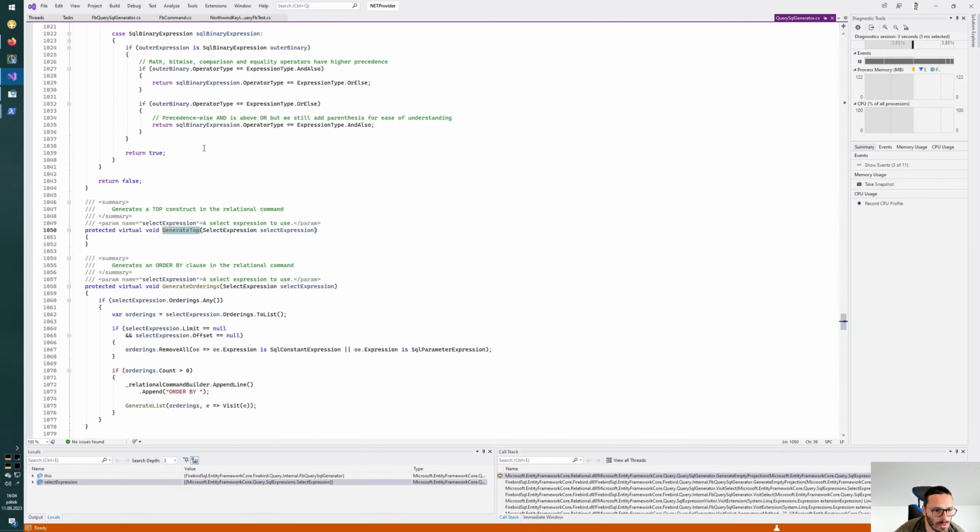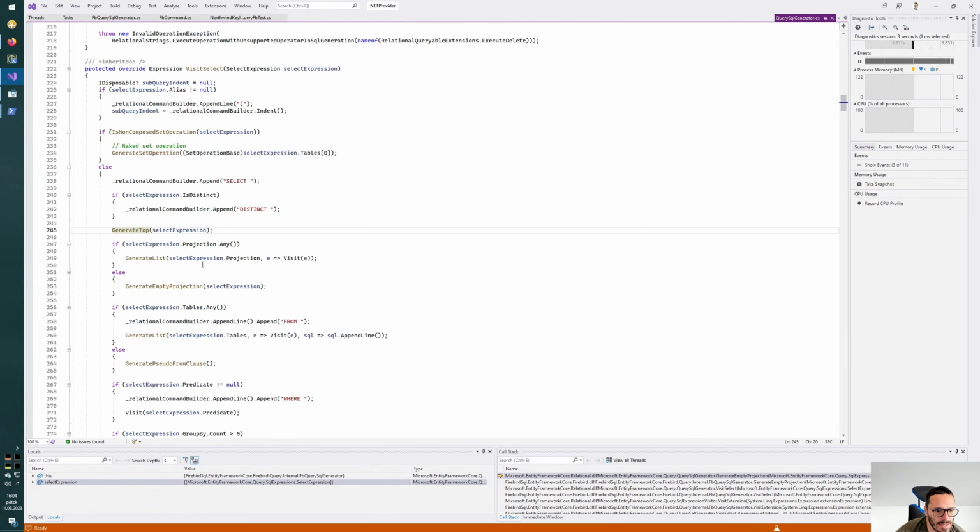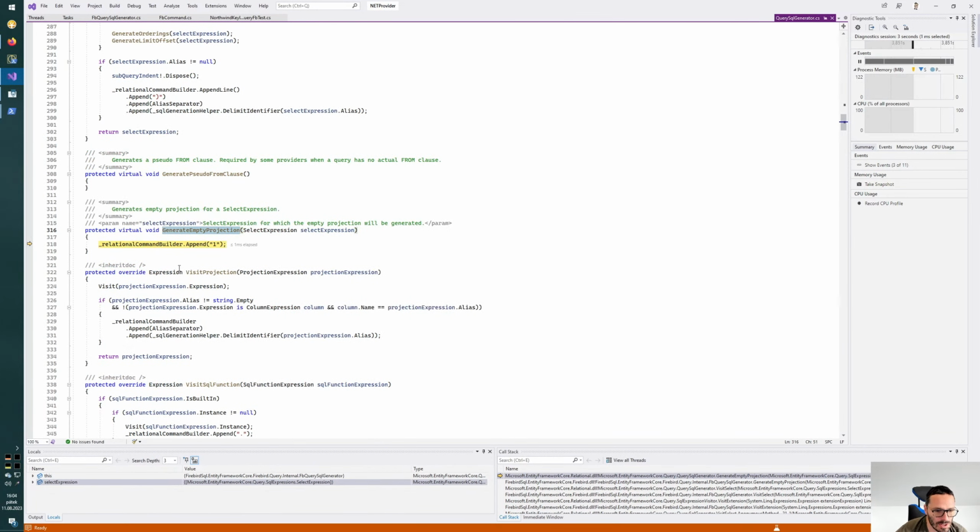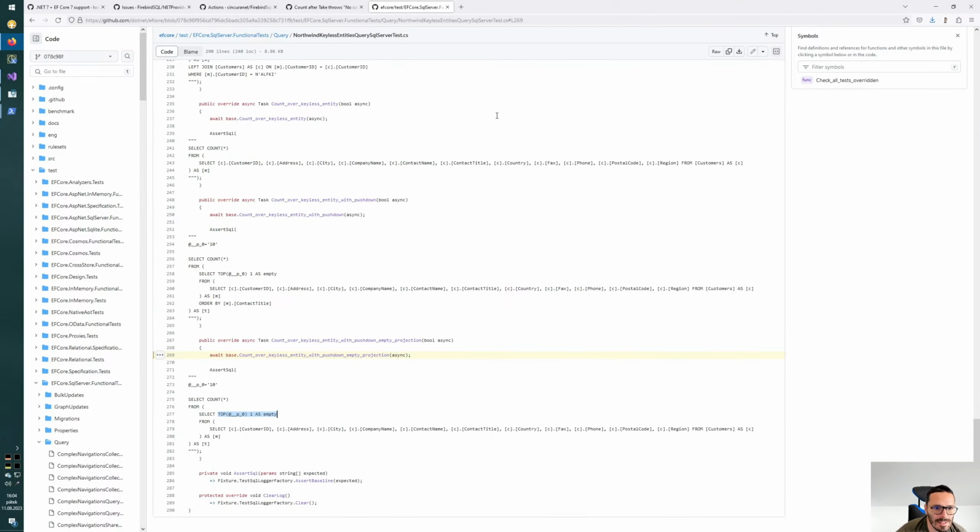What is the generate top doing? Nothing. And the empty projection is just one. I need to have S empty. One S empty. Okay, so